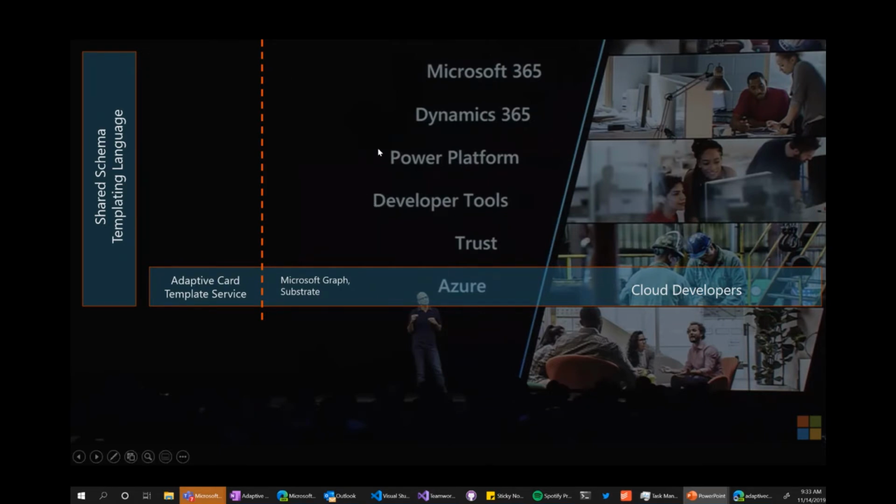On top of that is the Power Platform. And on top of that is offerings like Dynamics 365. And on top of that is Microsoft 365, which is our consumer offerings such as Windows, Office, Outlook, Excel, etc. And there are customers at every level of this stack.